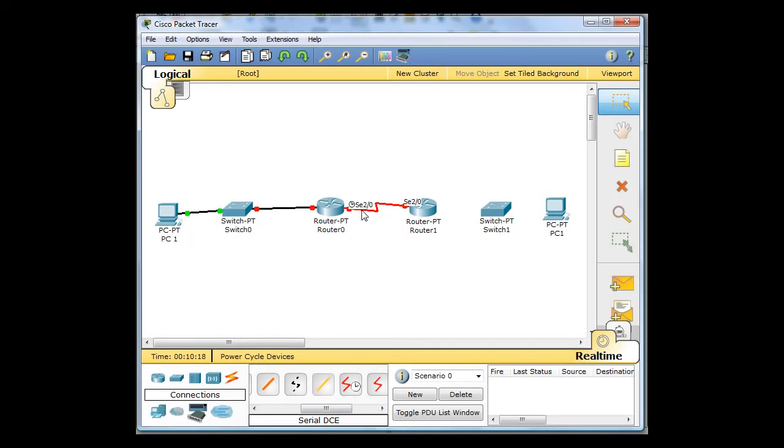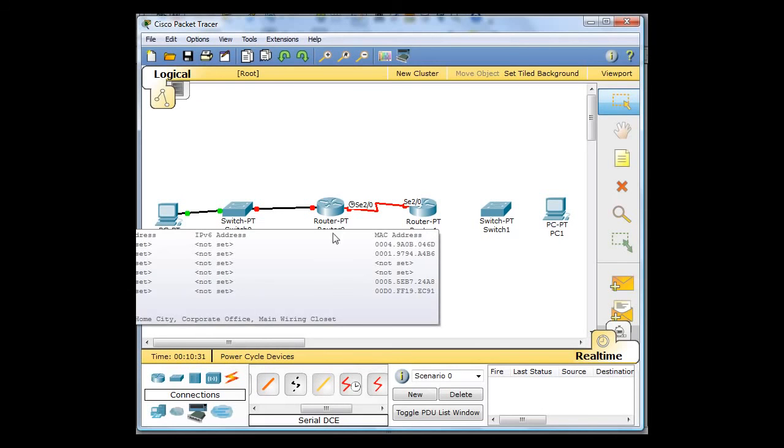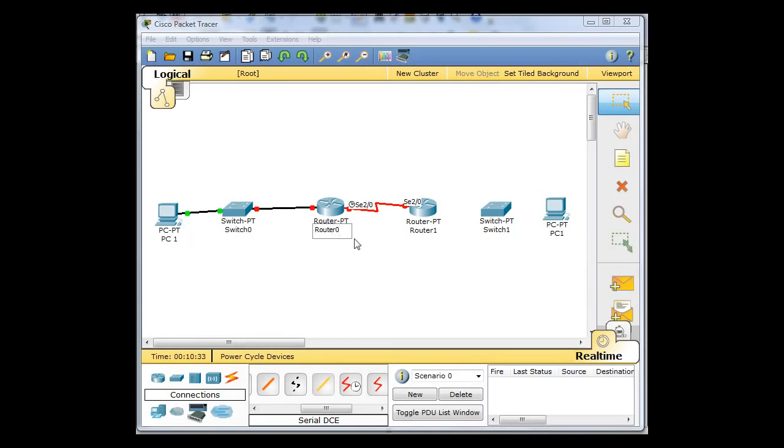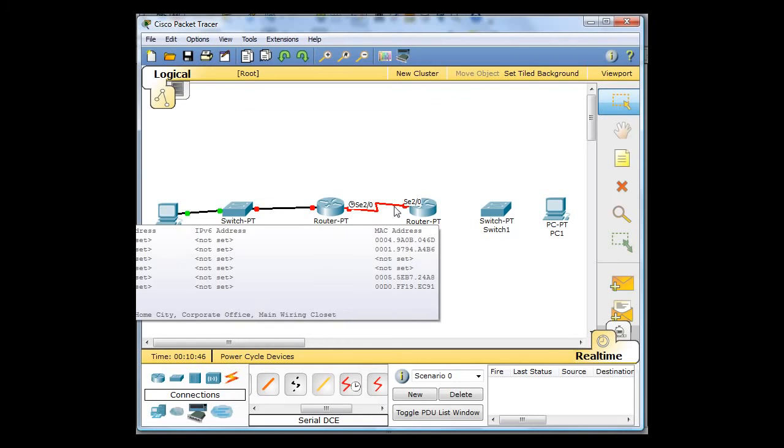I clicked on the DCE. Now if I put the cursor over the serial link, you'll see that router 0 here, the router on the left, has the clock on it. That has the clock rate. And the second router on the right, I'm going to change these to router 1, and this one will be router 2. So the first router, router 1, is the DCE and has the clock rate on his serial interface. And router 2 has no clock rate on his